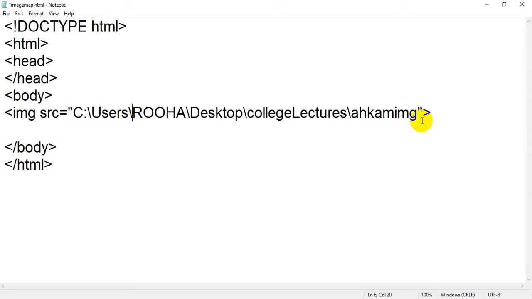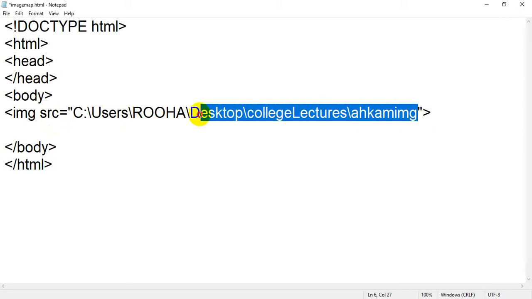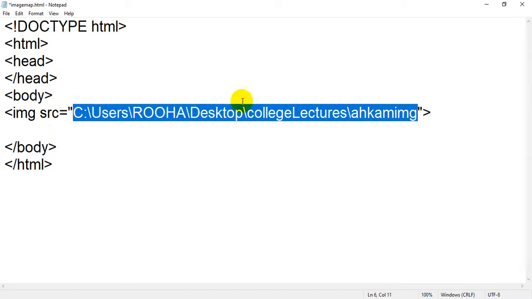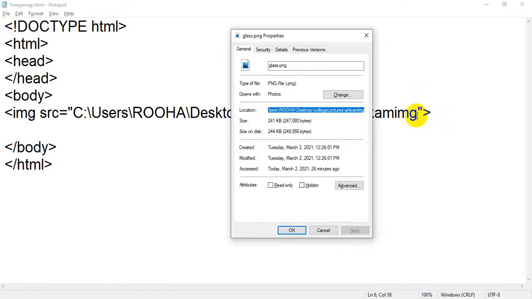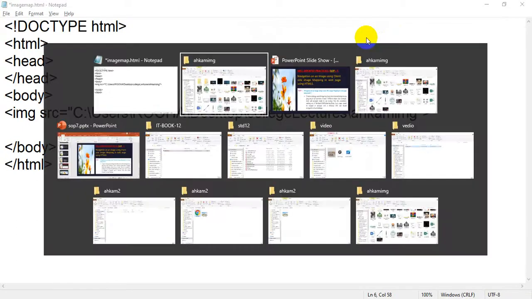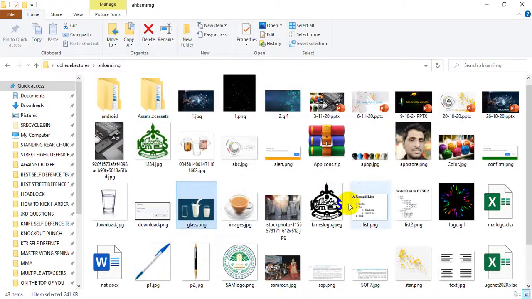But students, you will see that this is only the address. We have not inserted the name of the file, because I just want to show you. If I move back to my image folder, this is my image folder. If you notice, on the right side of that image I am going to insert this one, glass.png.